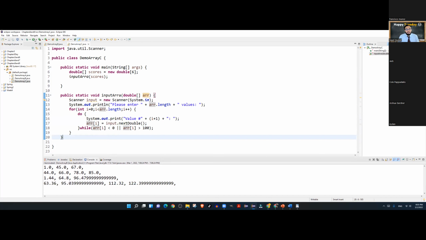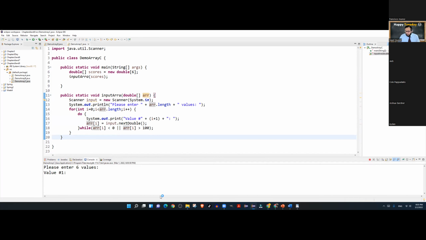I'm just testing this for now. So if I enter a value, let's say -6, notice it forces me to re-enter the value for number 1, or 156. It will not let me go until and unless I give it a valid value. So that's basically the first part of the code. You could have done it right within the main. I just modularized the code. That's about it. So that takes care of the first part of the code.